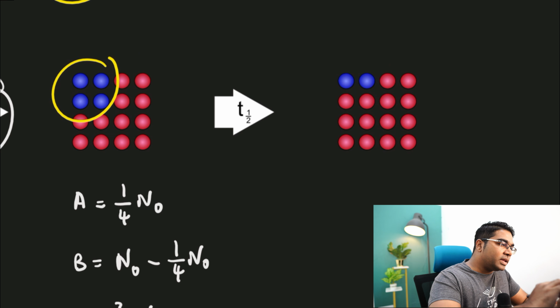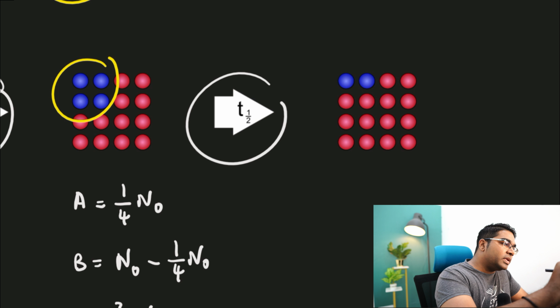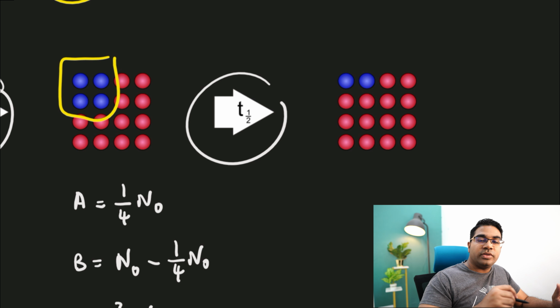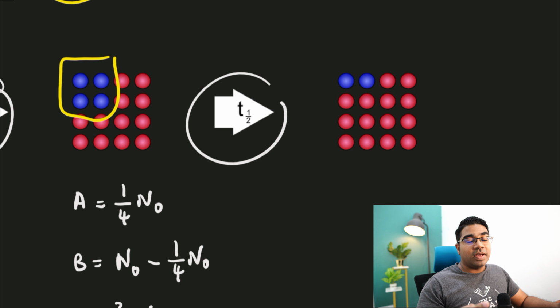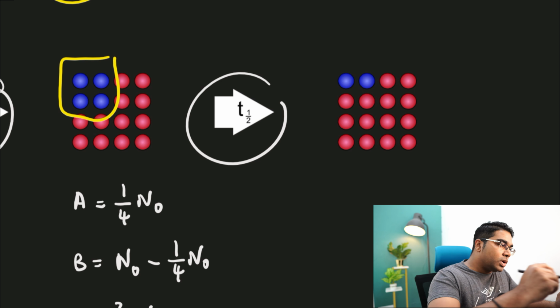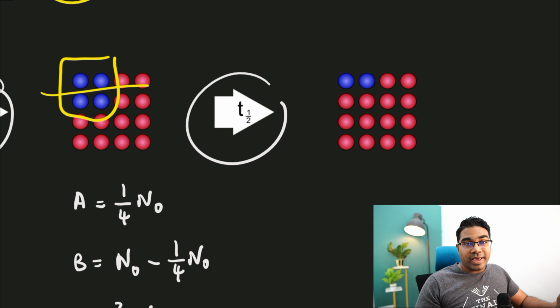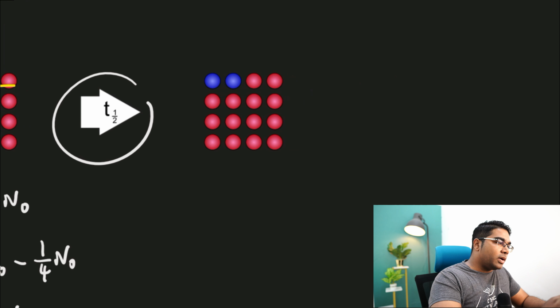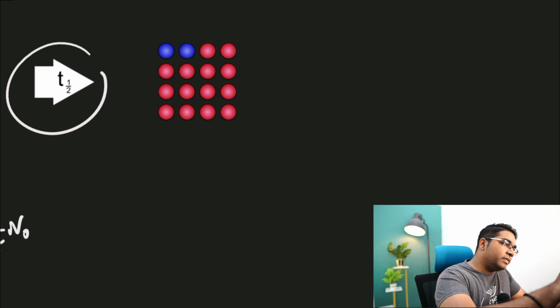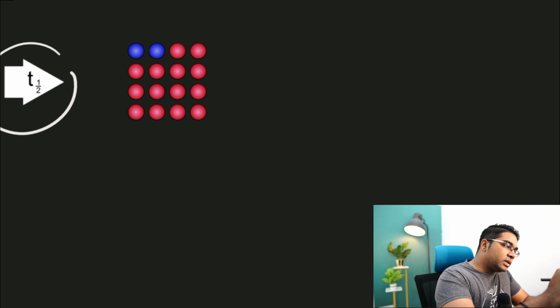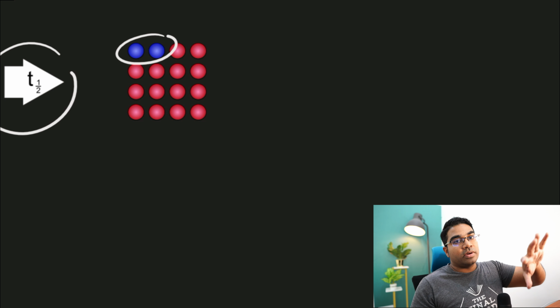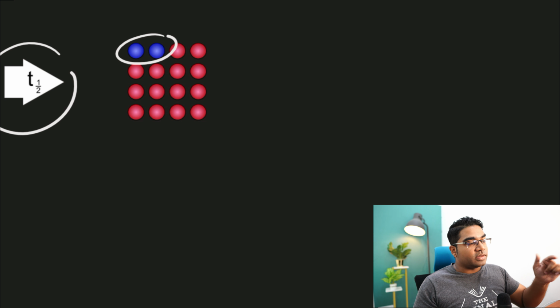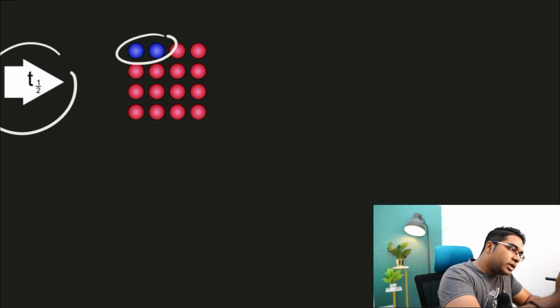And then after another half-life, so this time the initial value is 4. We are beginning with 4, and so we expect after one half-life that it would become 2. Half of this is going to decay into B. And now, after yet another half-life, what we see here is there's only 2 left. And writing this down as the proportion of the original number of nuclei, this is 2 over 16. So actually what we have is 1 over 8 of N0.